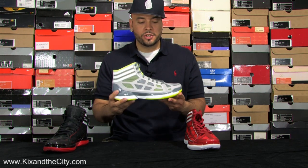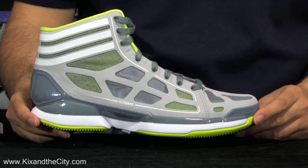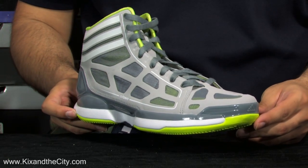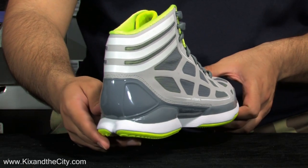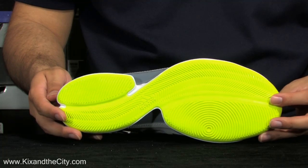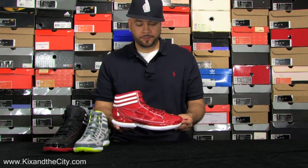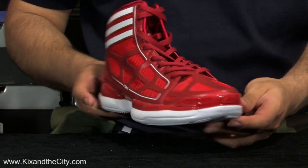Another flavor dropping in June, available at retail right now, the Lead Electricity colorway. So it's got a tonal gray upper with the 3 stripes done in white, with the electricity inner lining, white midsole, and the electricity outsole. And the red and white flavor, all red upper with the white 3 stripes around the ankle and the white